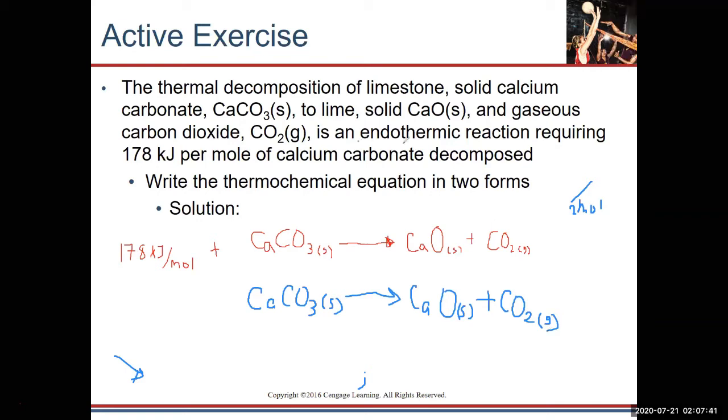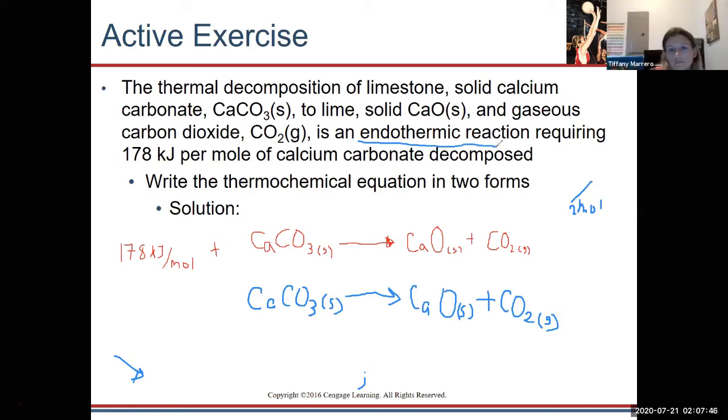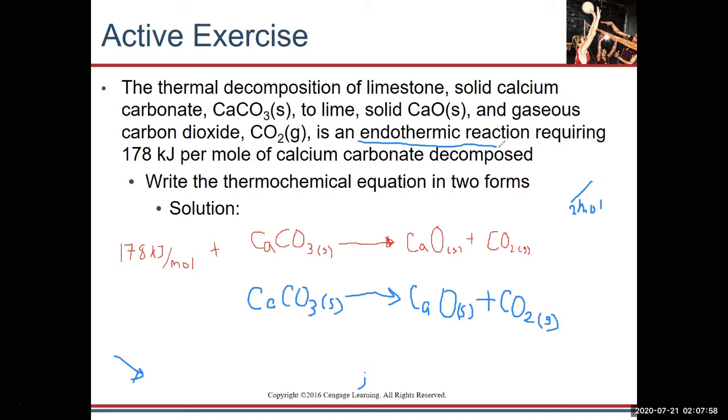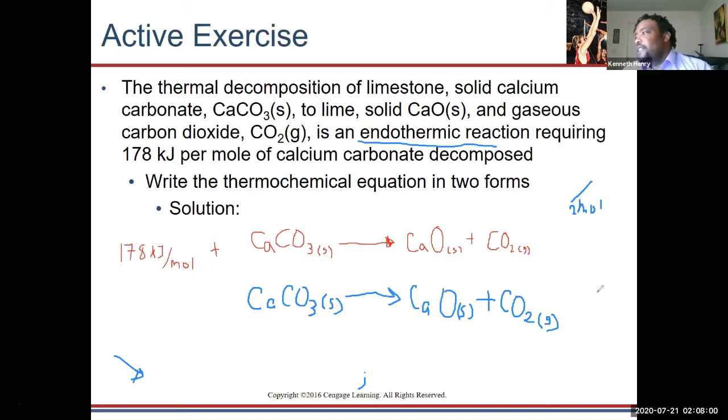Endothermic, positive or negative? Negative. Nope. Positive. If you think of negative, negative means that it's being removed from the reaction. Negative, we're removing it. If we're putting it in there, we're adding it to the reaction. So it's going to be positive. You're going to write delta H